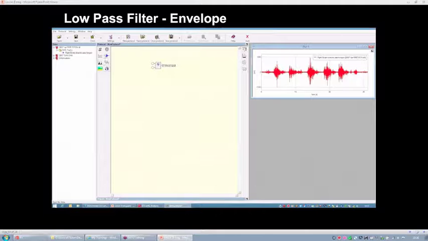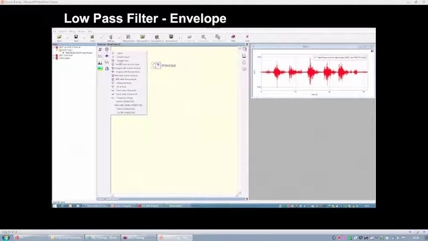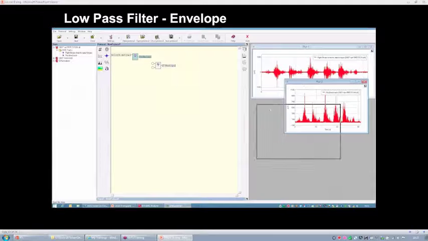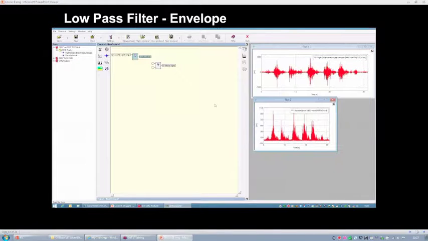So now I have to define the full wave rectification of the track, because you cannot use the raw signal as the input for the filter. You should remember from the first lesson how to do that and what's the meaning of the rectification algorithm. So the rectified signal will be the input,